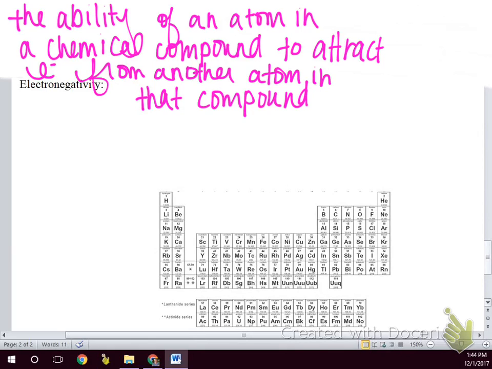Okay, the ability of an atom in a compound to attract electrons from another atom in the compound. And so the kind of everyday definition of electronegativity is